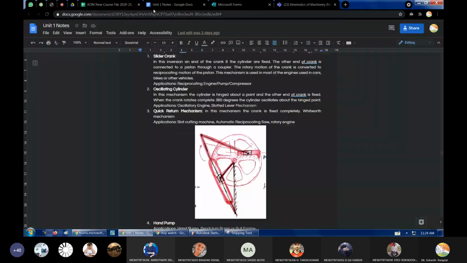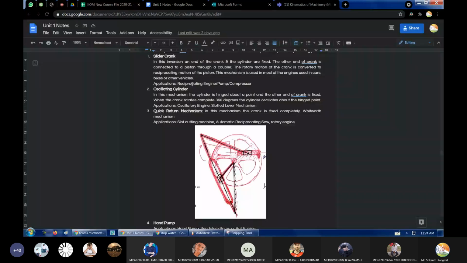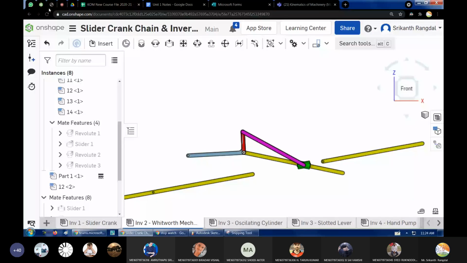Okay. So I will need 1 or 2 volunteers for managing the notes. I've collected a lot of notes and already it's almost ready. So some micro arrangement may need to be done. For example, for the slider crank, it doesn't have all the images. So you may have to copy paste the images from different places. And of course, these mechanisms also link, I will paste it in there. So I need some help from some of you.